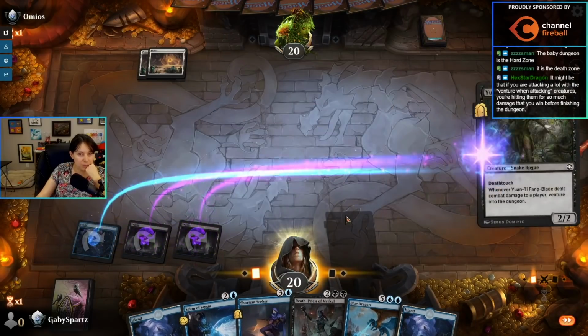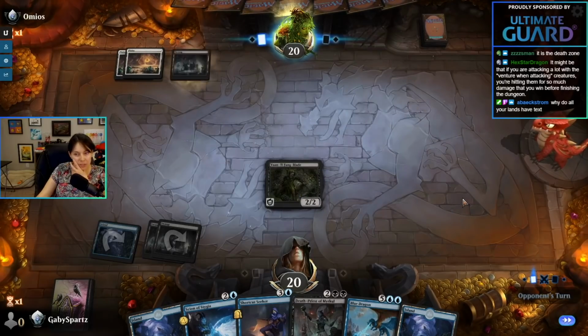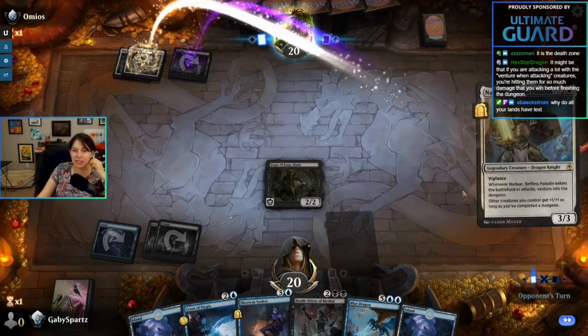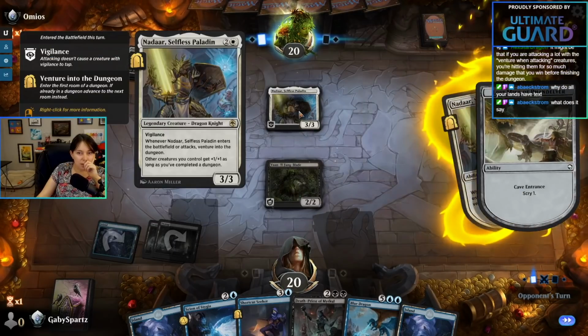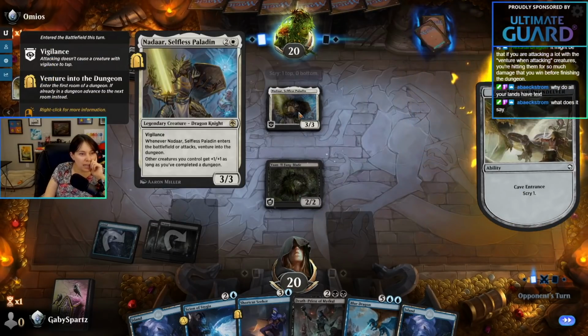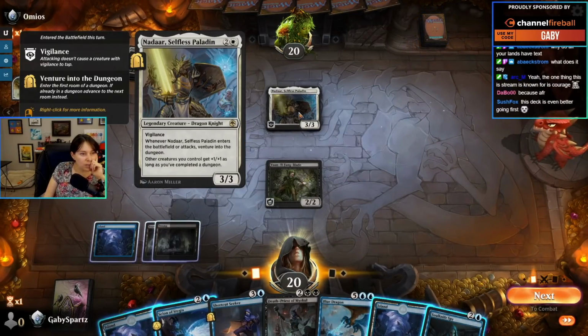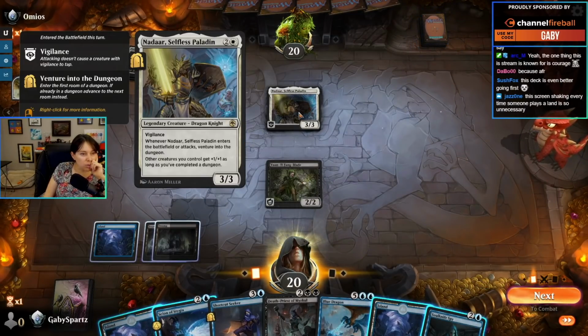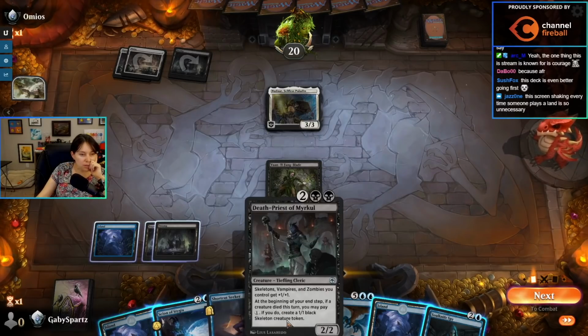Yeah, I like this. And then next turn, maybe we can play the Scion top their thing and venture into the dungeon. Why do all my lands have text? The flavor text for... Oh, Jesus. Fuck. Whenever Nadar, Selfless Paladin, enters the battlefield or attacks, venture into the dungeon. Other creatures you control get +1/+1 as long as you've completed a dungeon. I don't like it. Well, this has Death Touch, so...